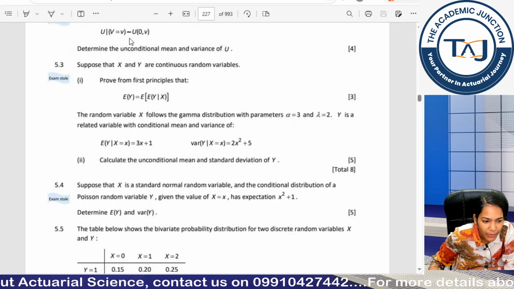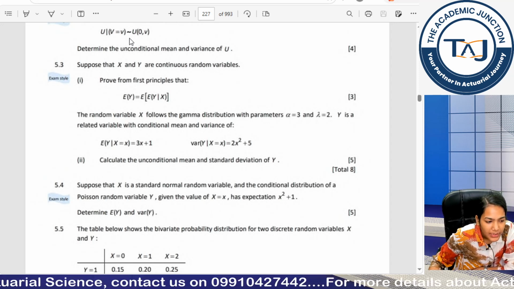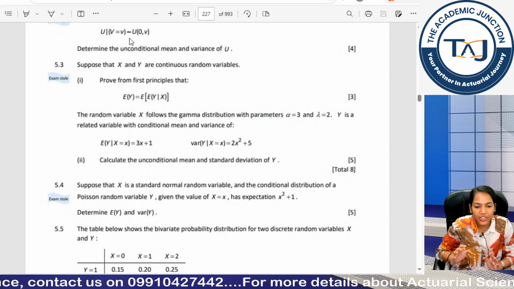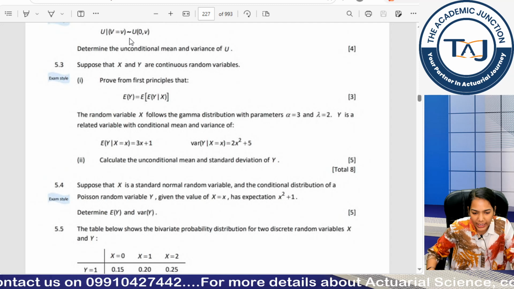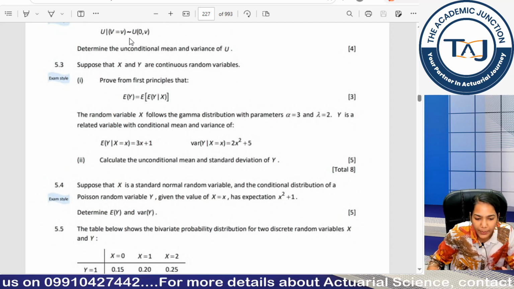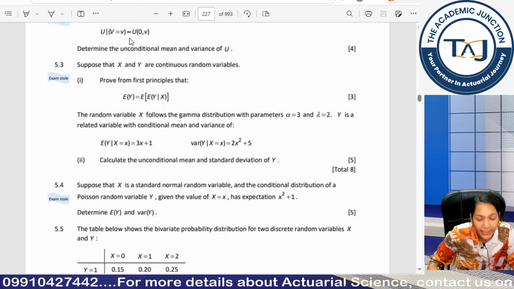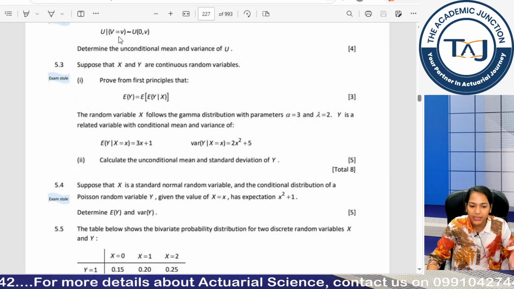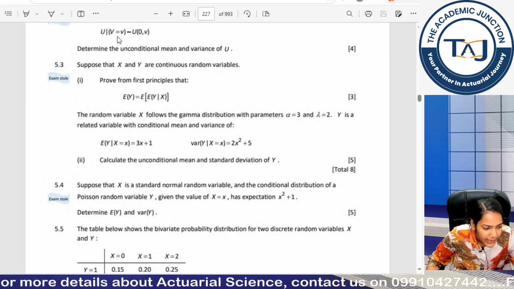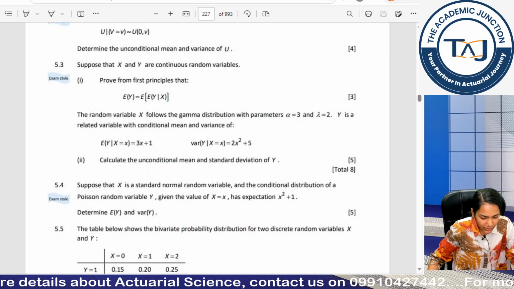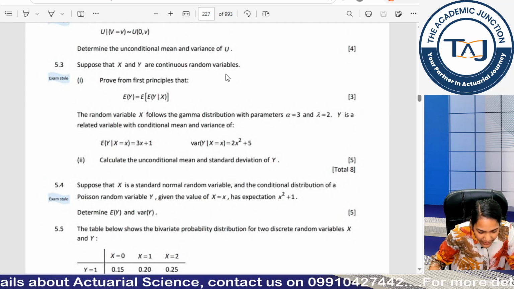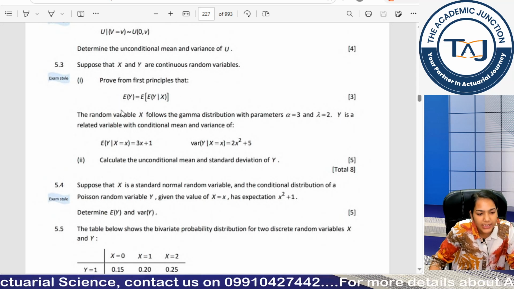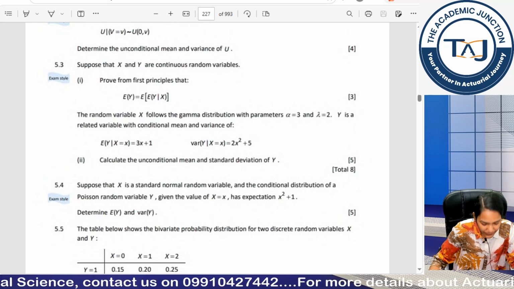We will be covering question 5.3 today, okay. Since this is not a technicalities class, for now you can just open up the answer and try typing with me, because my focus is to increase your typing speed. But as we move forward to further chapters, I would be expecting that you are thinking the answer and writing the answer at the same time. Clear? So, let us read the question. Suppose that X and Y are continuous random variables and I have to prove from first principles that this is equal to this. Clear? So, let us do this.